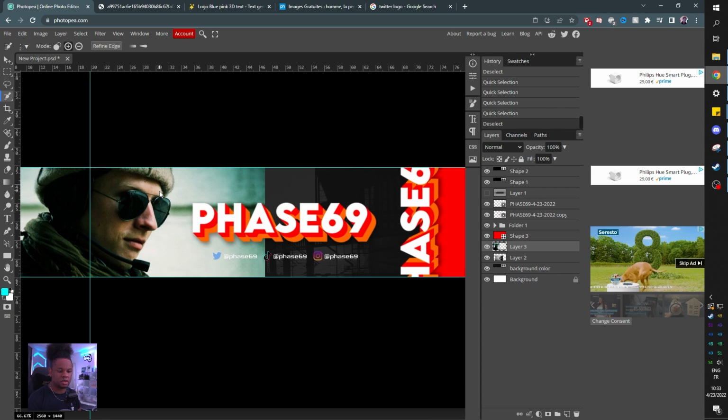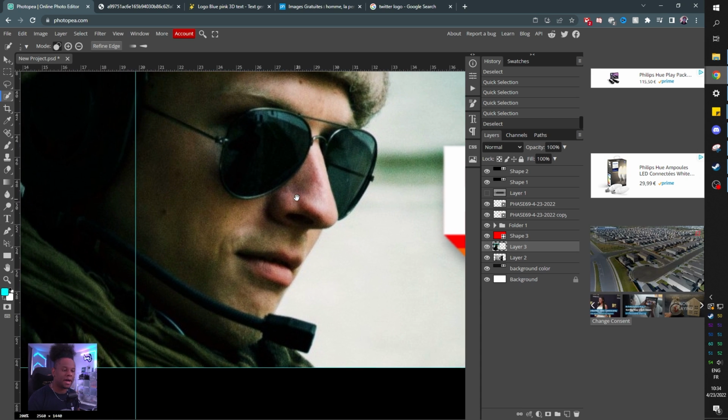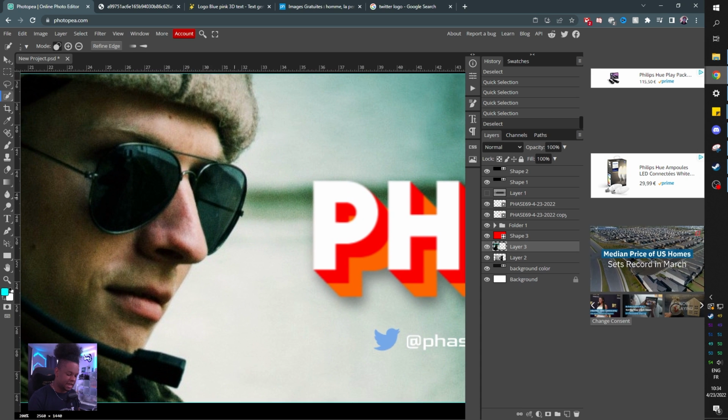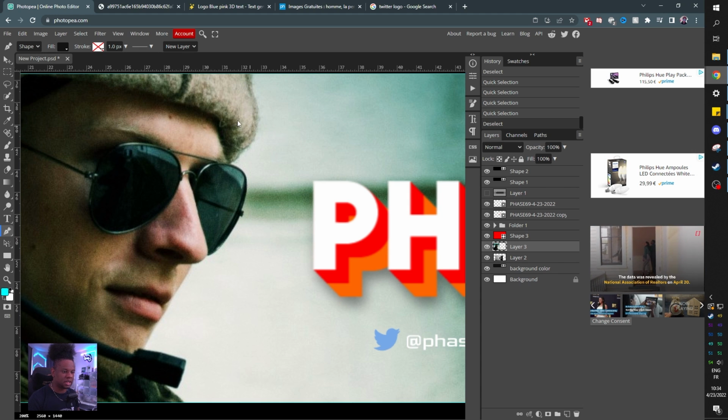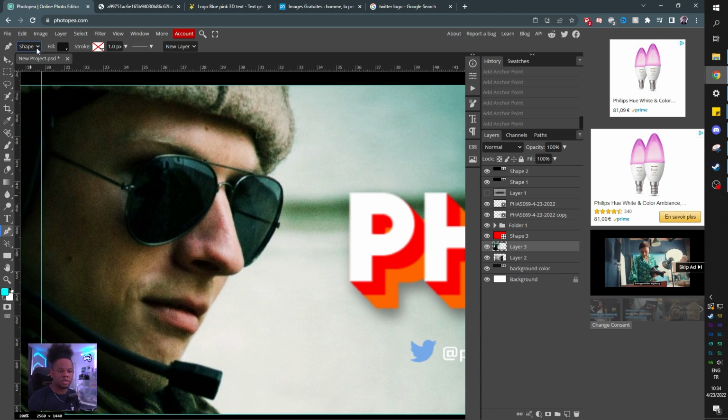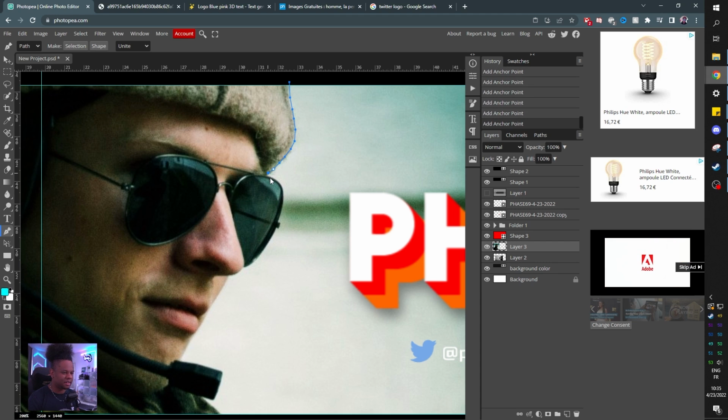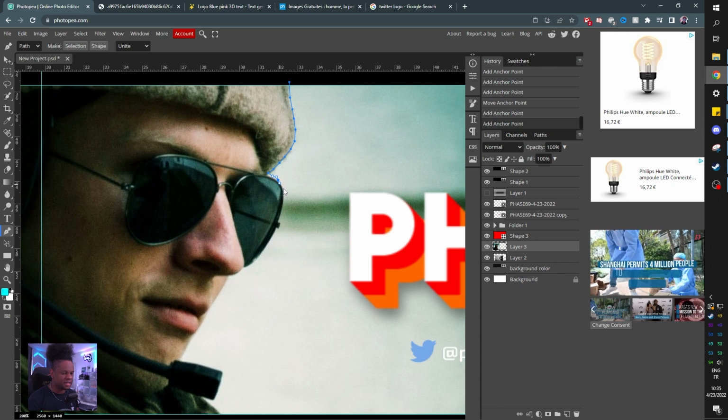So what we can do is Control plus. I'm holding space bar, by the way, to drag the screen like that. And I'm going to use the pen tool. I'm going to press P on my keyboard. Now I have the pen tool selected. With the pen tool selected, you want to go top left and make sure that you're creating a path and not a shape. Okay. Boom, path. And now we can start clicking and adding points. Best way is to just drag your mouse and keep clicking. We don't want this to be that precise, to be honest.